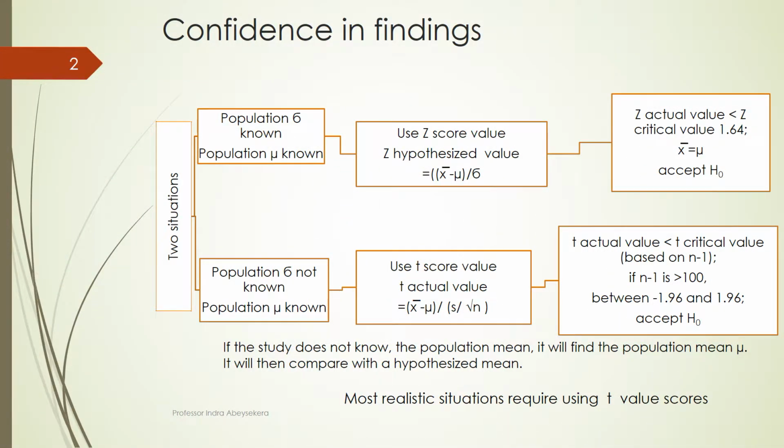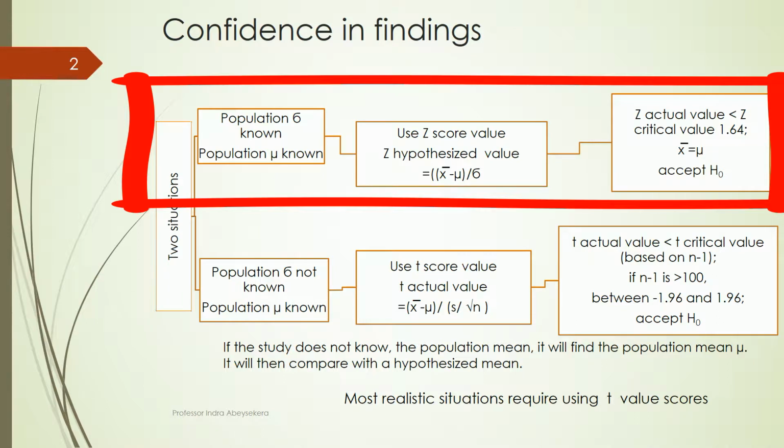There are two situations when we undertake research. We know the population standard deviation, and we know the mean of the population. If we know both of them, we can take a sample from the population